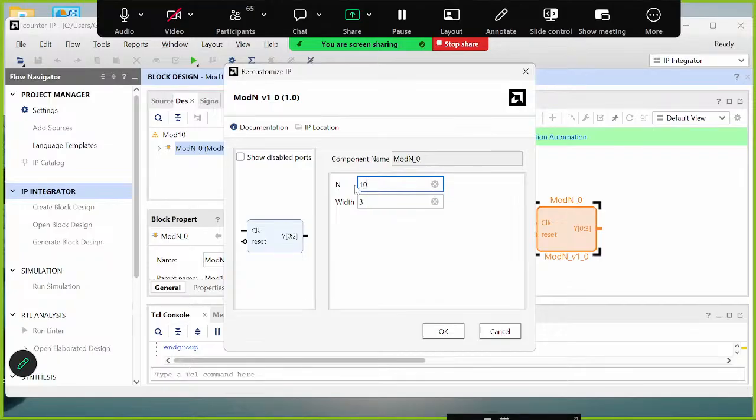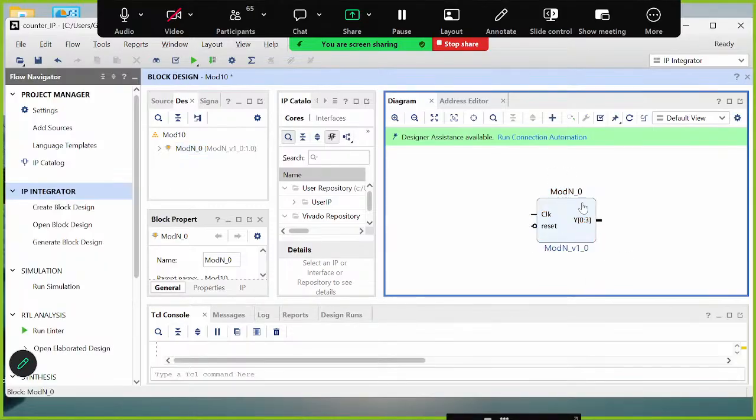Suppose I want to design it for mod 10. Accordingly, I need to keep the width 4, because to represent mod 10 count I still need 4 bits. Automatically you can see the things have changed here as I change the width. Now we have customized this counter only for mod 10 count. Now it will count from 0 to 9 only, not more than that. For that, what you need to do,